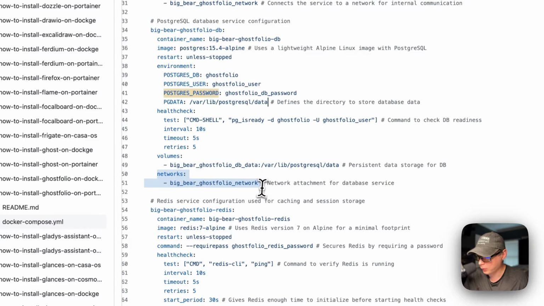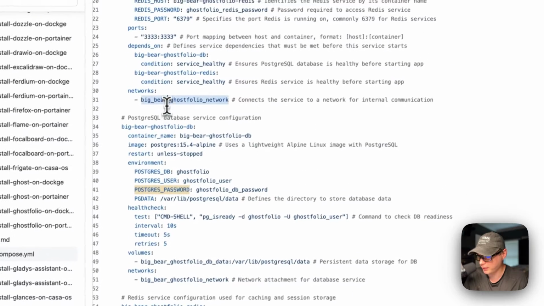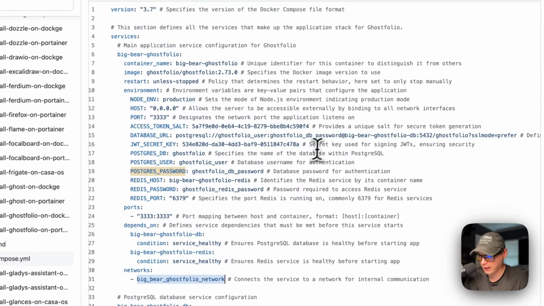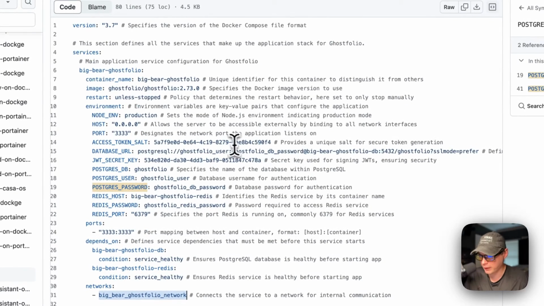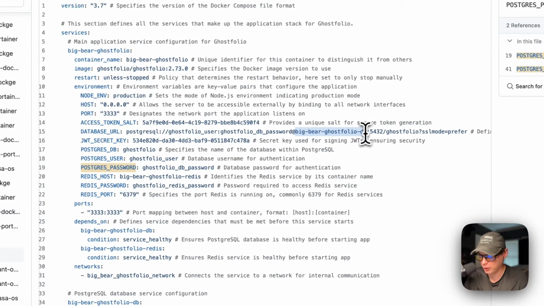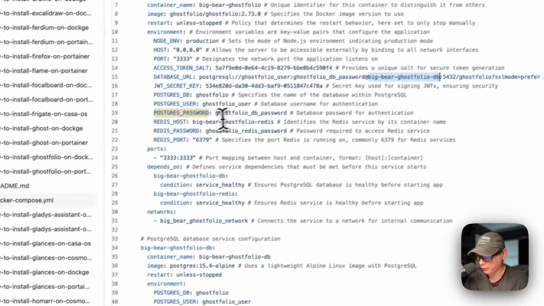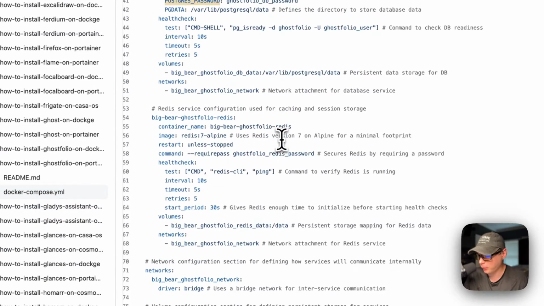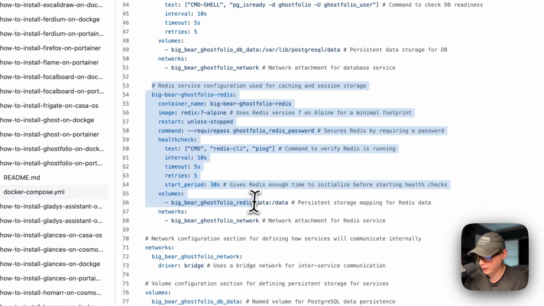So now networks, BigBearClub network. That's the same network that the service appears in as well. And this is so the service right here can connect to the databases with the service name, BigBearClub DB, and also BigBearClub Redis. So now, if we go down to the Redis service right here,